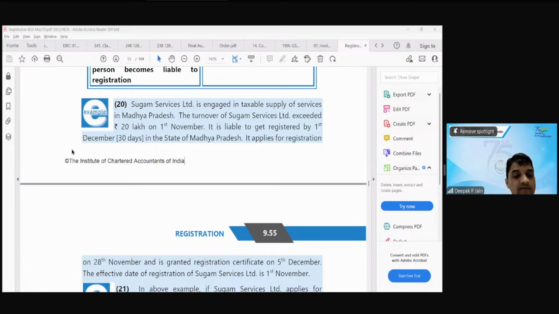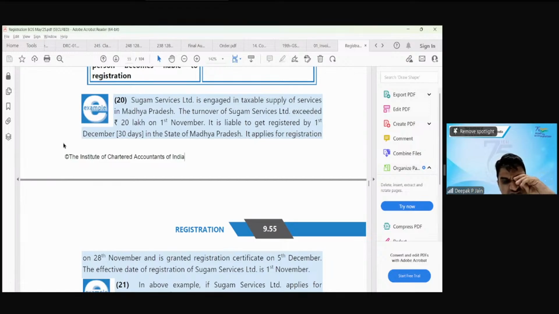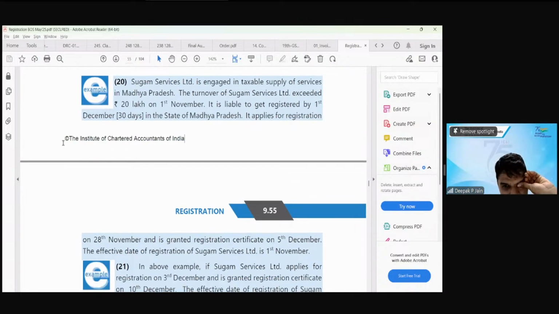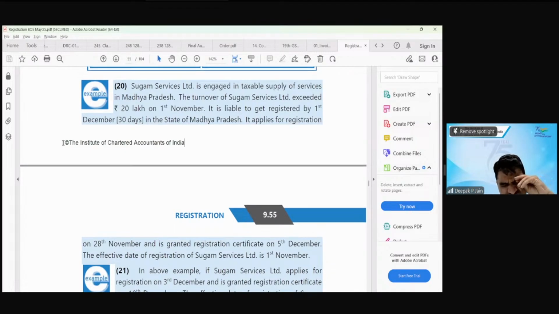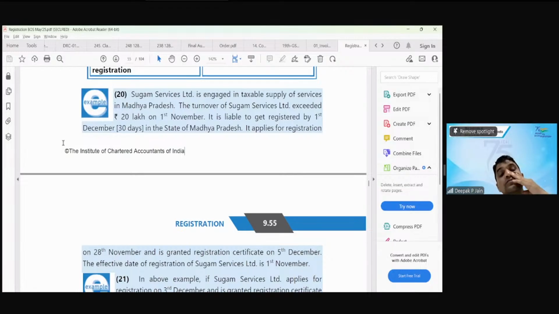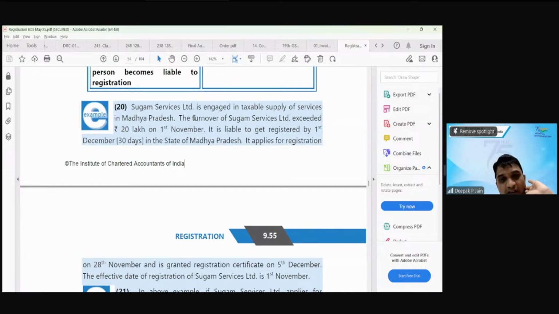यही पूछना था सर कि टर्नओवर जो क्रॉस हो रहा है वो 1 नवंबर को हो रहा है, तो उसके 30 डेज बाद जो हम काउंट कर रहे हैं वो नहीं समझ में आया। मतलब कब से कब काउंट करेंगे कि हमें पता चलेगा कि वो इफेक्टिव डेट है या नहीं, बस यही कंफ्यूजन हो रहा है। ठीक है, तो इनका टर्नओवर, इनका रजिस्ट्रेशन कब से करना पड़ेगा सुगम सर्विसेज को? चलो 1 नवंबर। 1 नवंबर को 20 लाख क्रॉस हुआ है, तो 1 नवंबर से रजिस्ट्रेशन करना जरूरी है। करेक्ट।